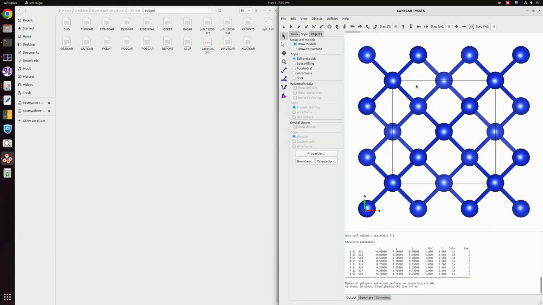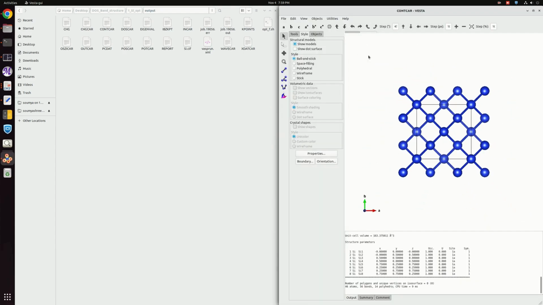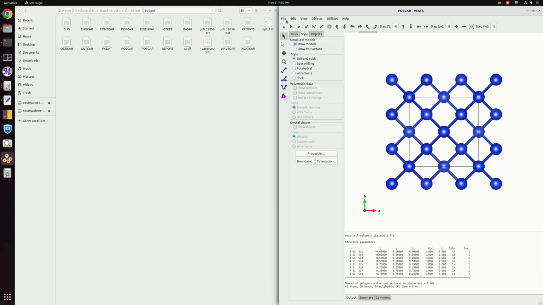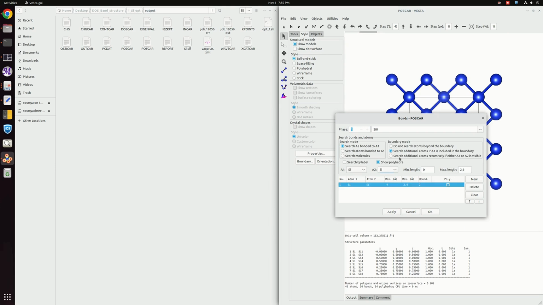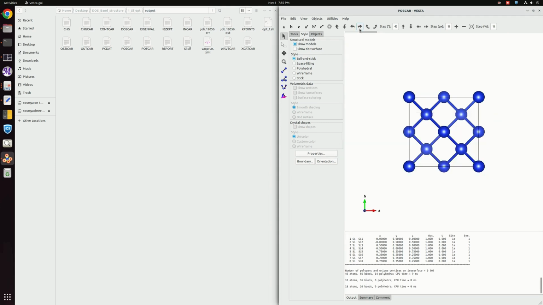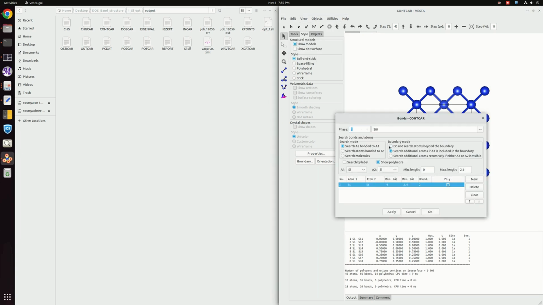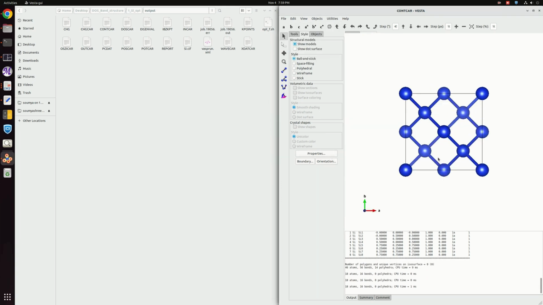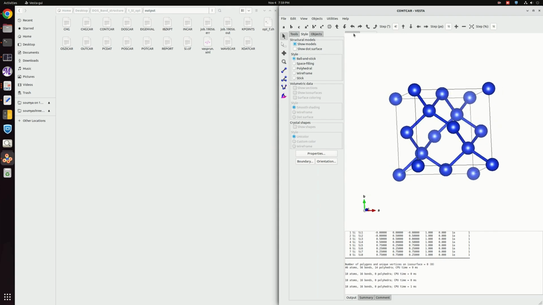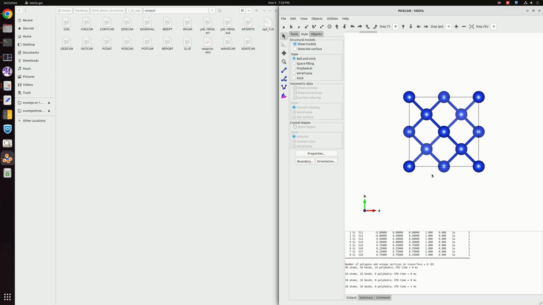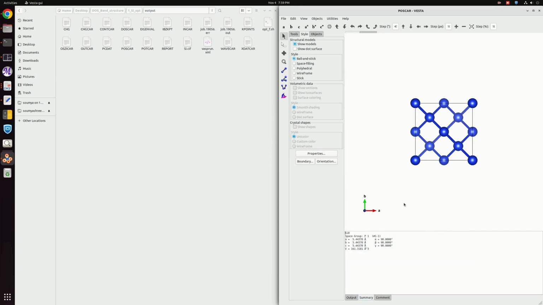So here I am opening that. You see that this is our POSCAR. Let me first remove these bonds for both of these files. Okay, so you see that this was our POSCAR that we have given, and in the summary you can